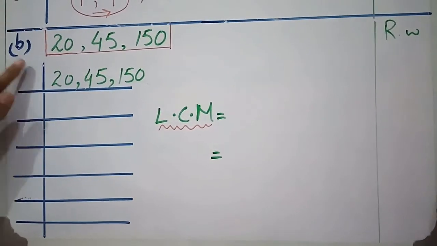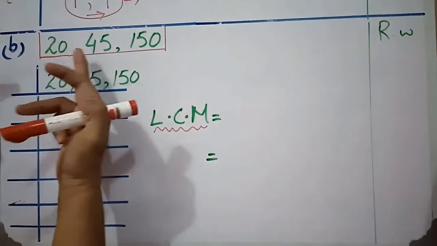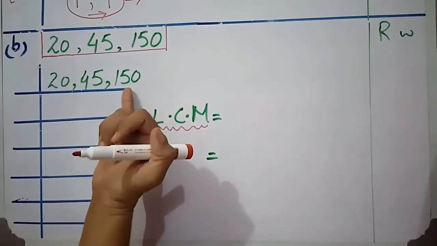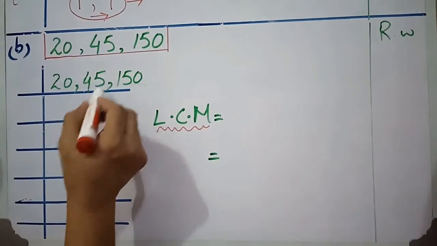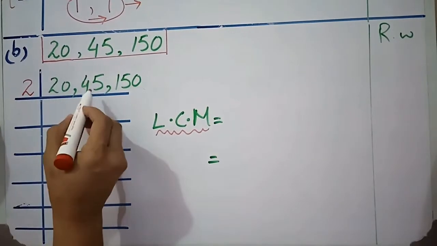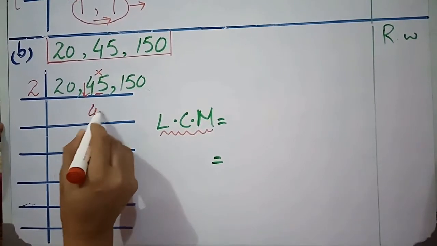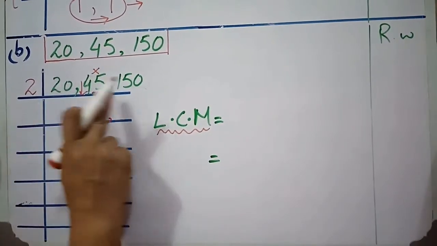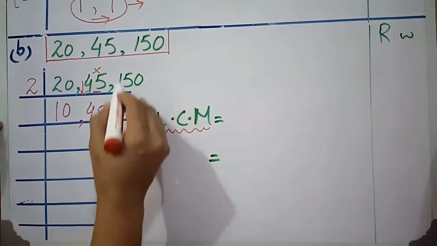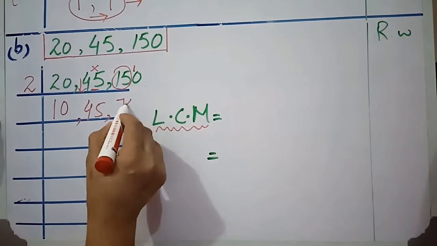In part B, in the previous question we had 2 numbers, but now we have 3 numbers to divide to find the LCM. Now again, can you see these two numbers are even, but this one number is odd. But it's okay. We will divide by 2. This number is not divisible by 2, so we will drop it down as it is, 45, and only divide these both numbers by 2. Now 2 1s are 2, 0. Now 2 7s are 14, and one is carried to make it 10. Now 2 5s are 10.